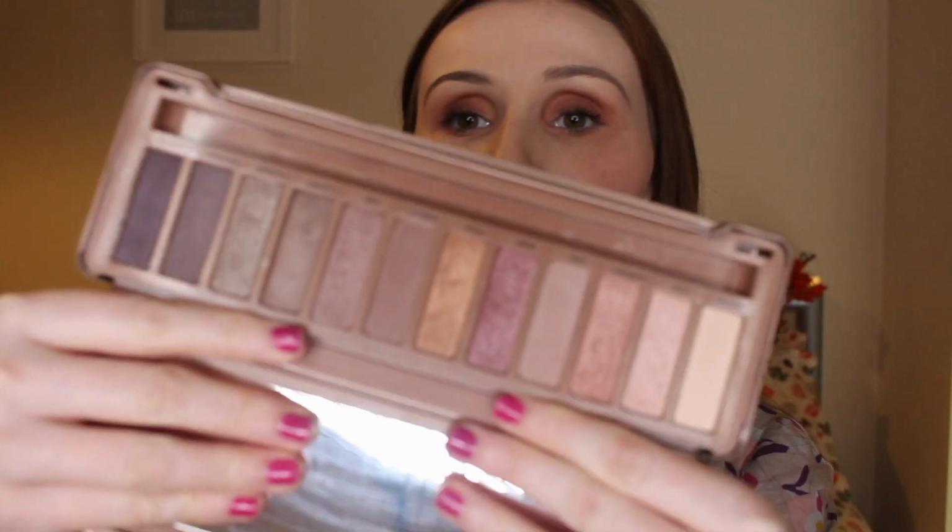First thing I was loving through November, and it's something that I haven't actually used in a long time. I was clearing out, going through all my eyeshadows, and I had packed this one away, which is the Urban Decay -3 palette. This was the very first negative palette I bought myself and I absolutely love it. So that is